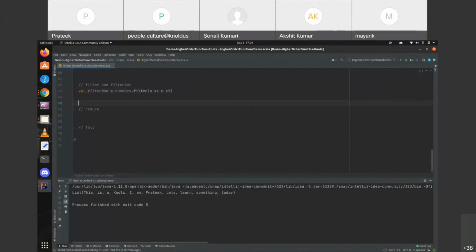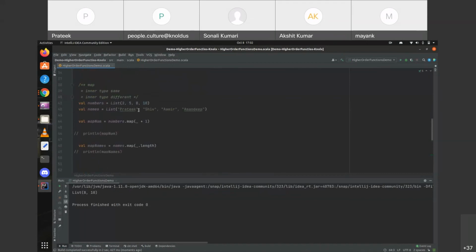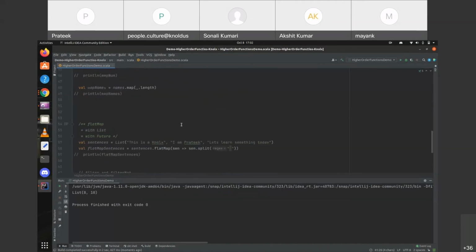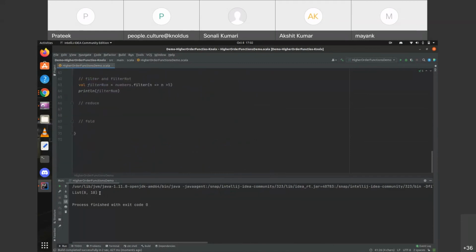Then let's print the output. See, the list of numbers contains 2, 5, 8, and 10, but 2 and 5 are not satisfying the predicate. That's why they are not added to the list. But 8 and 10 are satisfying that predicate. That's why we get 8 and 10 as the output of this filter function.